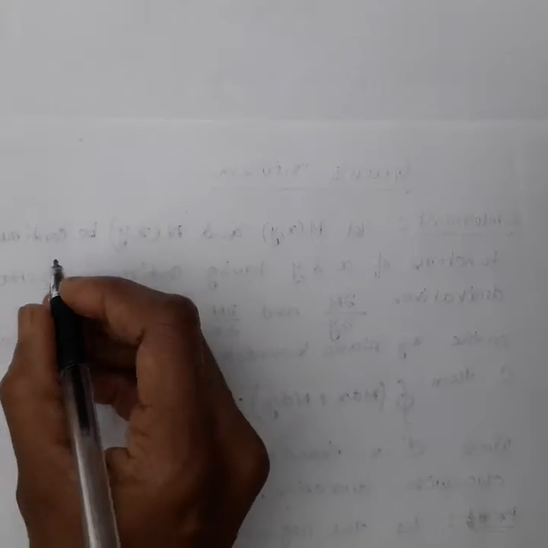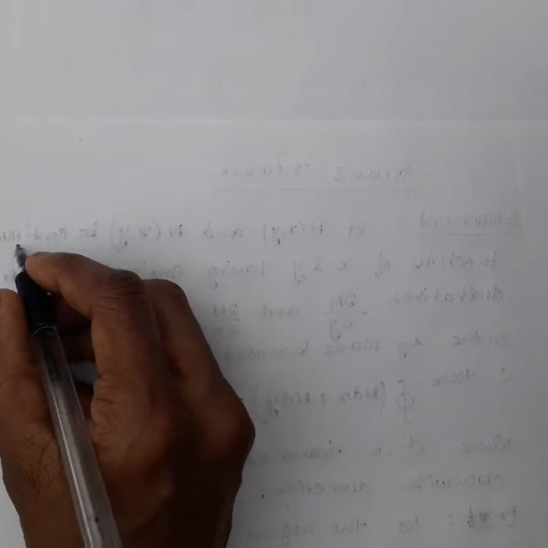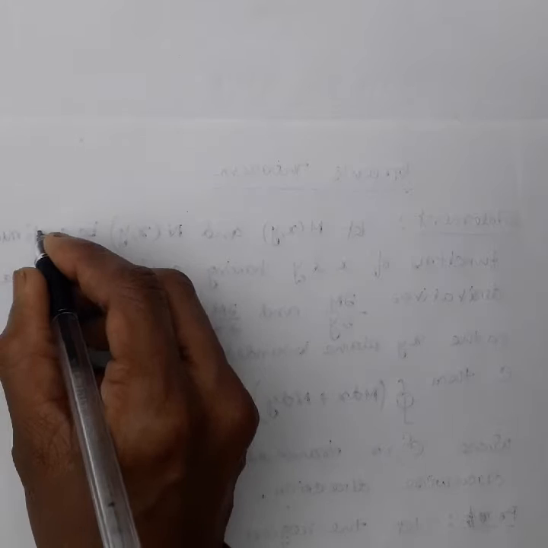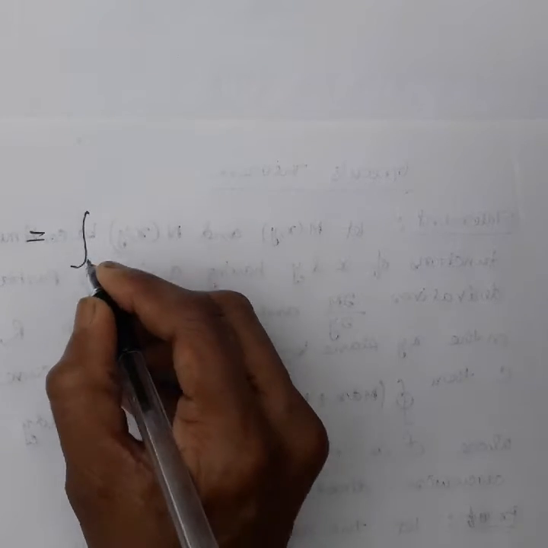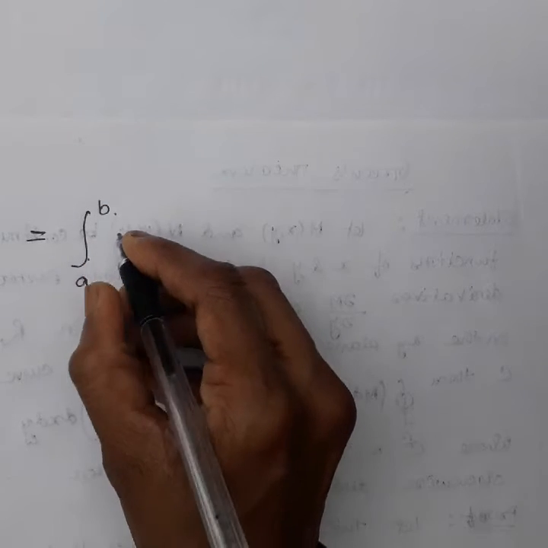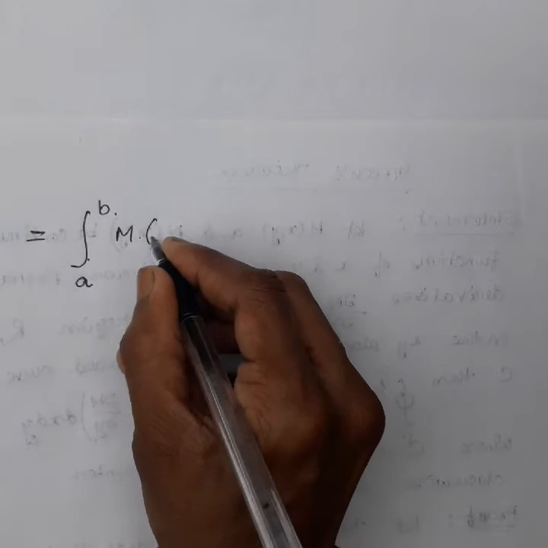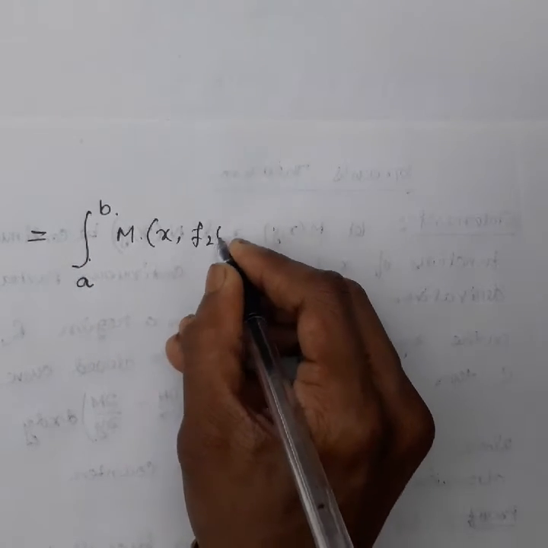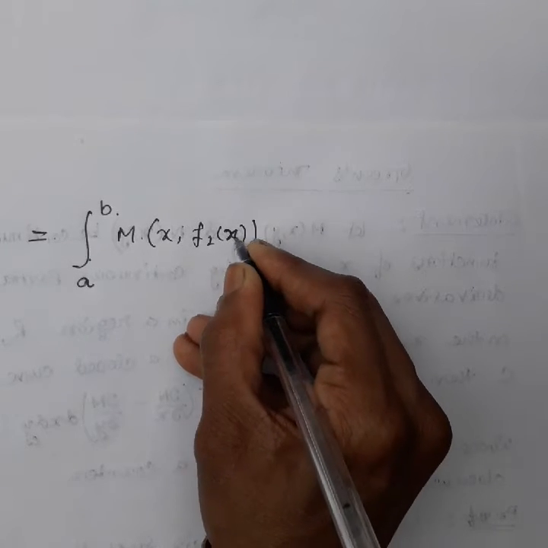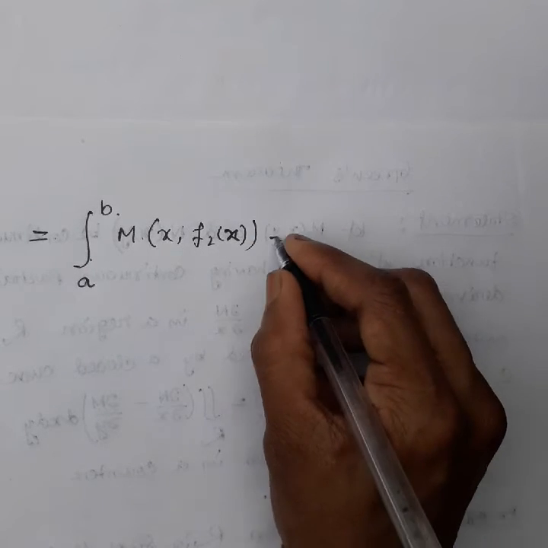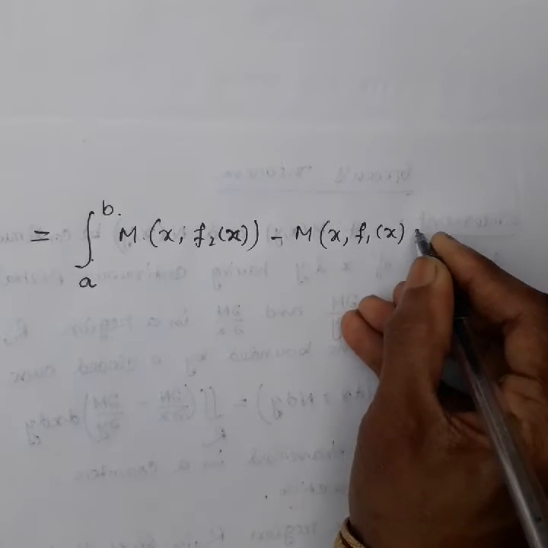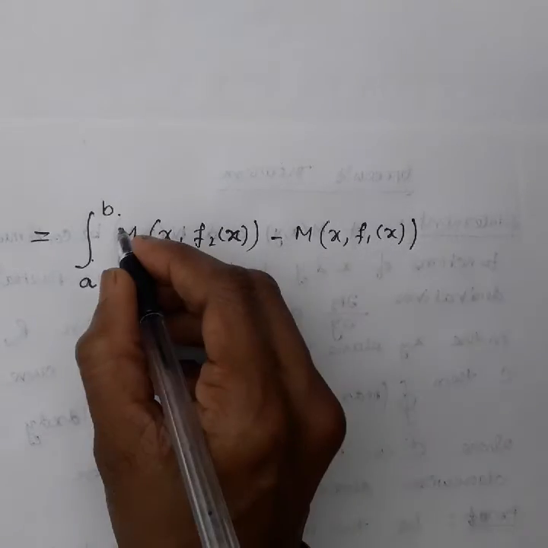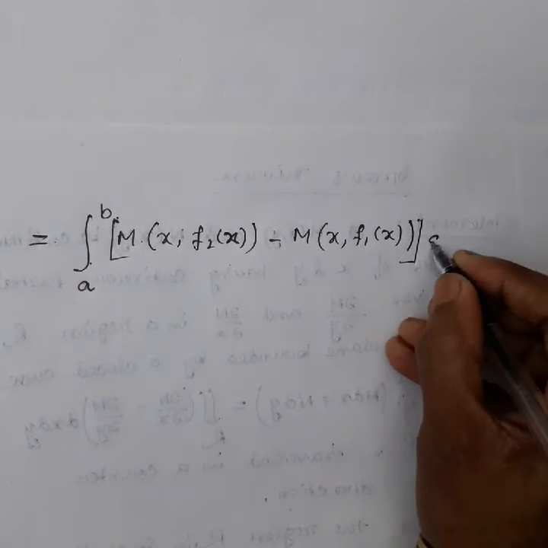So this is equal to the integration from a to b of M(x, f2(x)) minus M(x, f1(x)) dx,